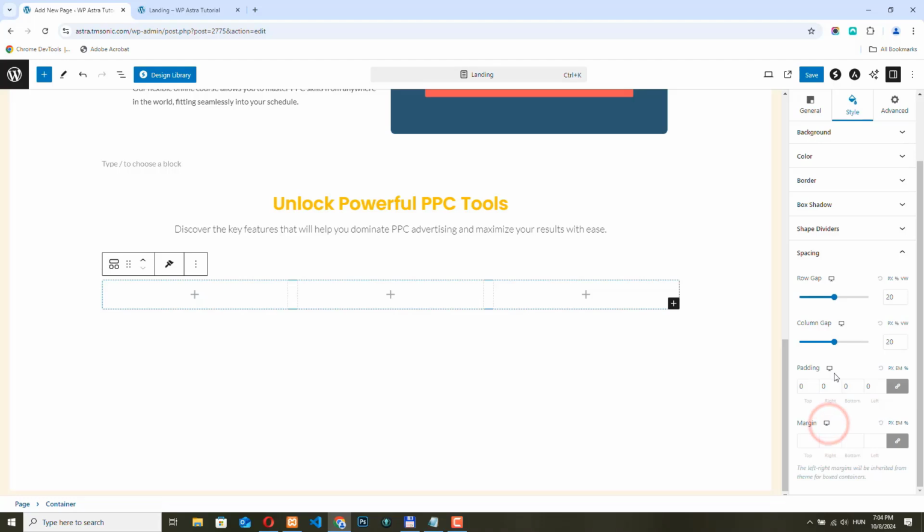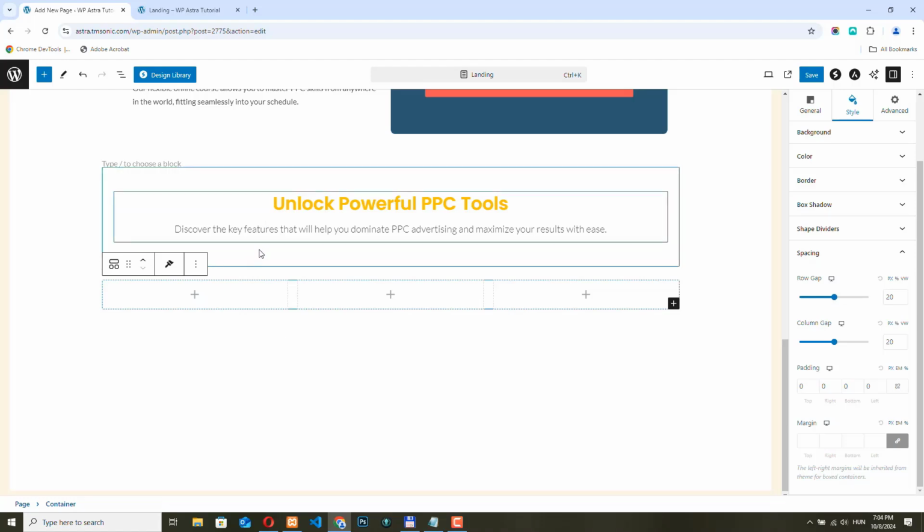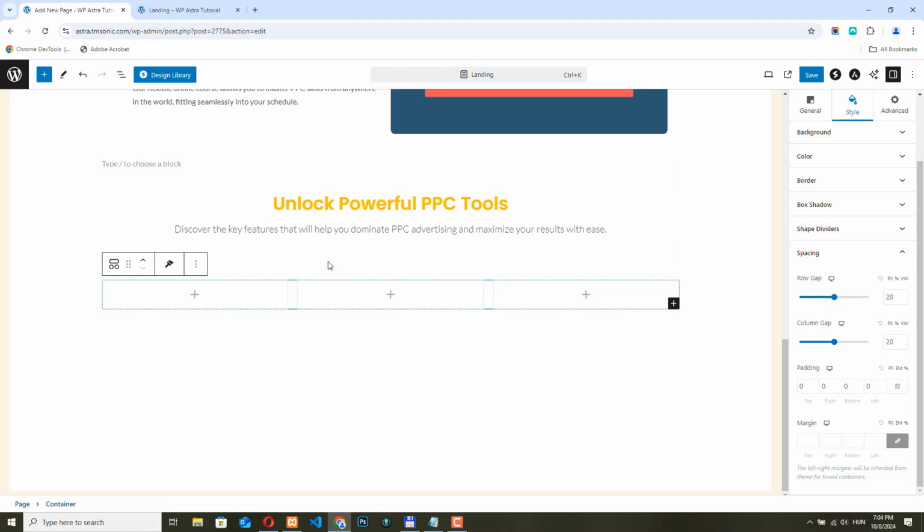And let's go to spacing. And this time I'm not going to add a top padding because we already have a 50 pixel bottom padding here. And that would be just too much. So I'm going to add 25 to the right, 50 to the bottom, and 25